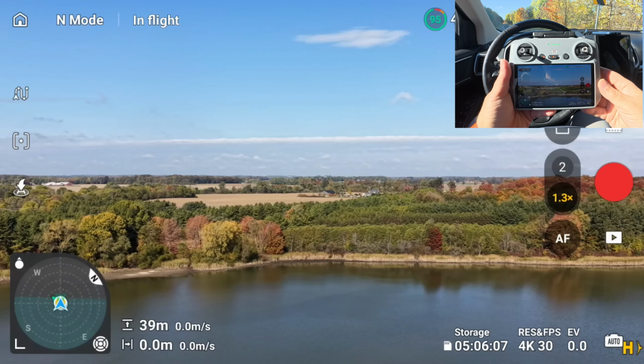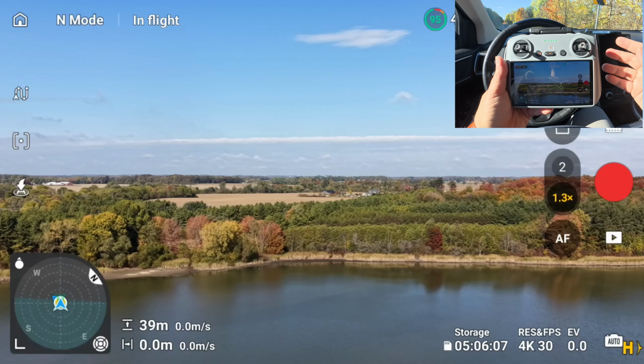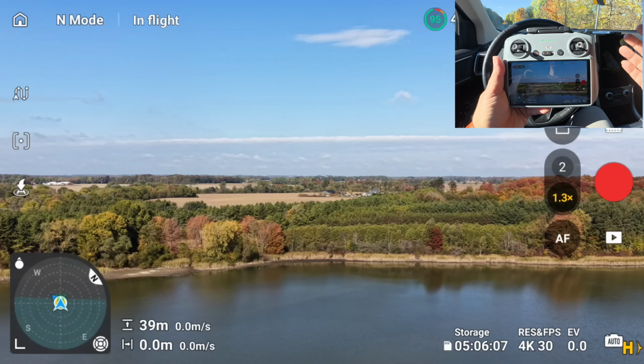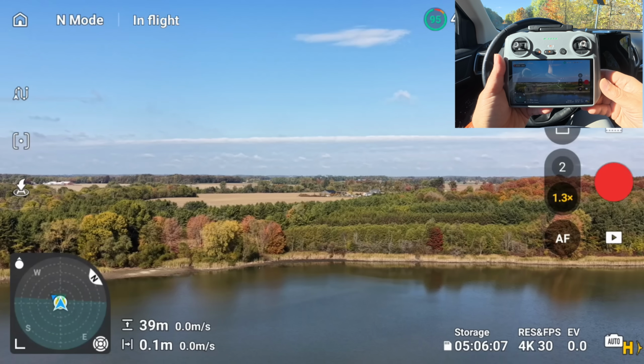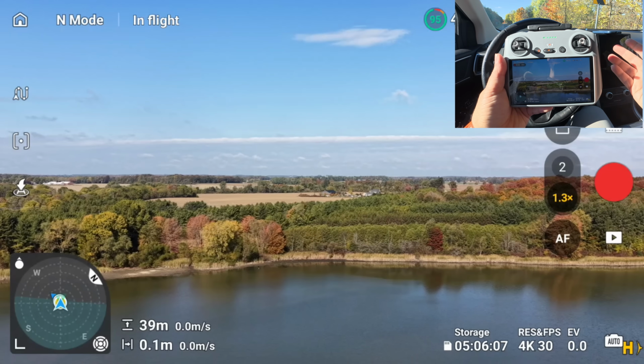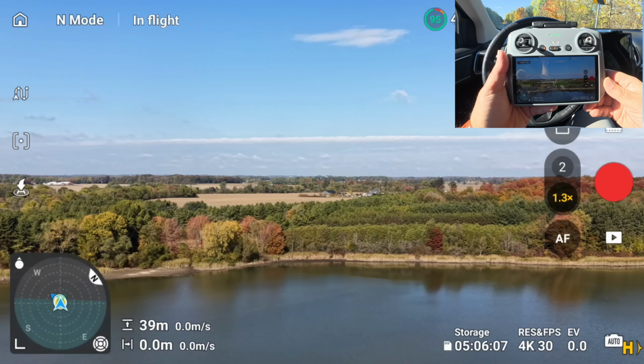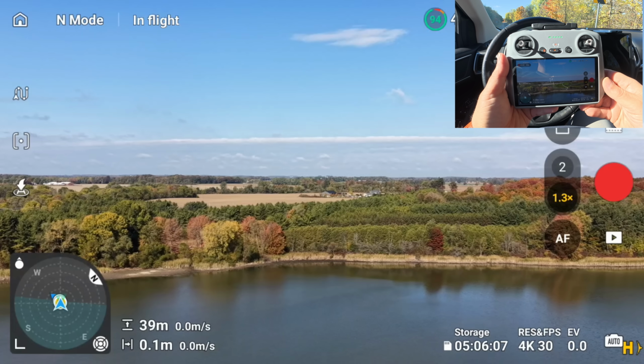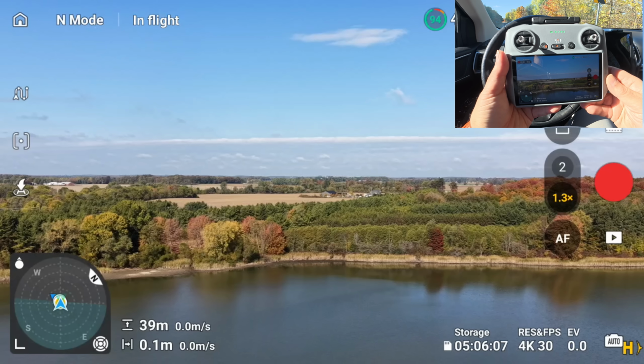So I've been working on a series of videos for those who are brand new to the Mini 5 Pro to get them familiarized with some of the features and capabilities of the drone. The other day I uploaded a video, a beginner's guide or tutorial I guess you could say, on how to create waypoint missions. And in today's video we're going to be taking a look at an intelligent flight mode called